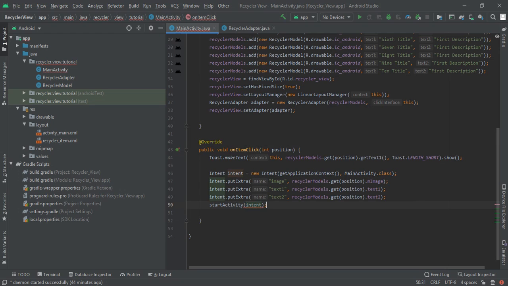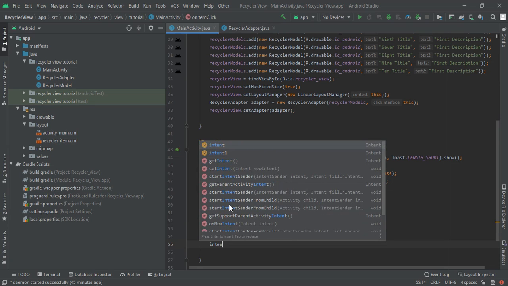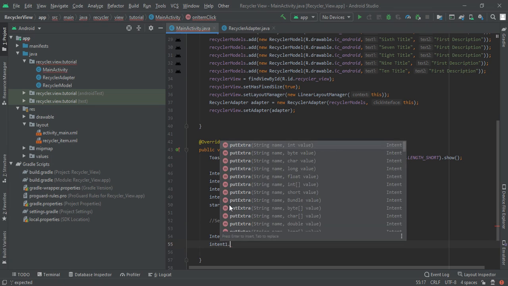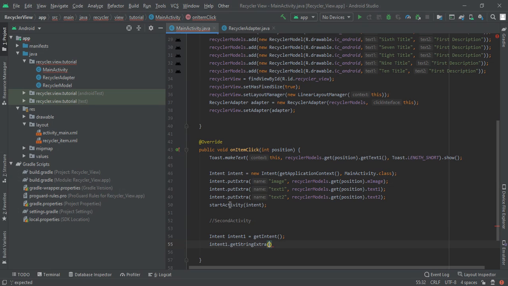Then in your second activity, you have to get all this data. You can write Intent intent = getIntent, and after that you have to write intent1.getStringExtra, and then pass your items.